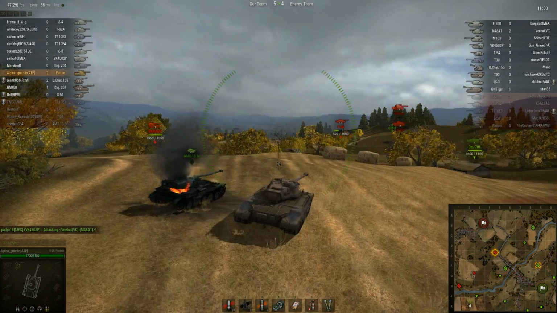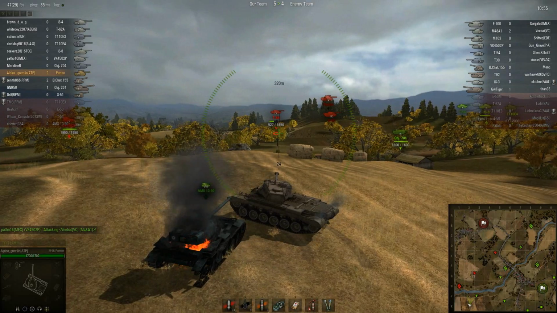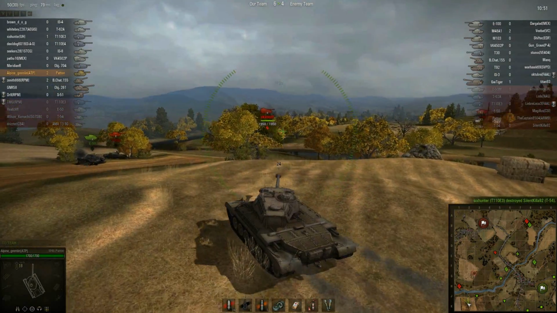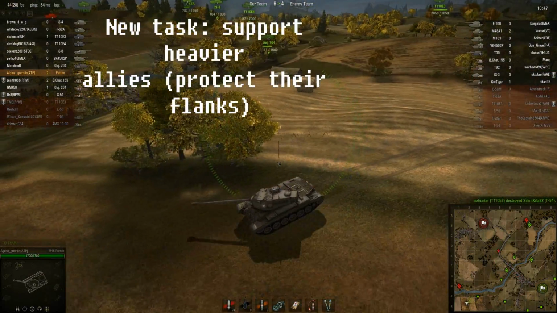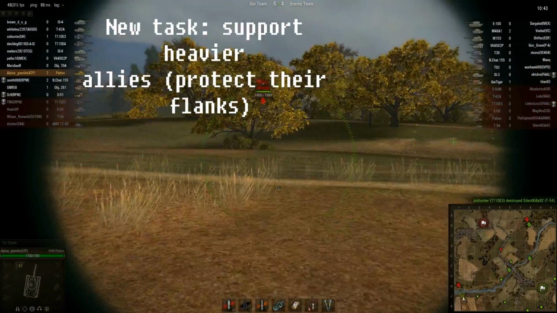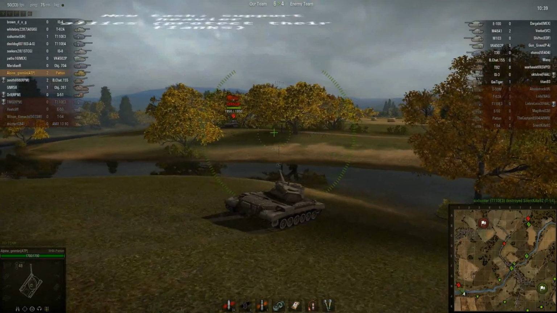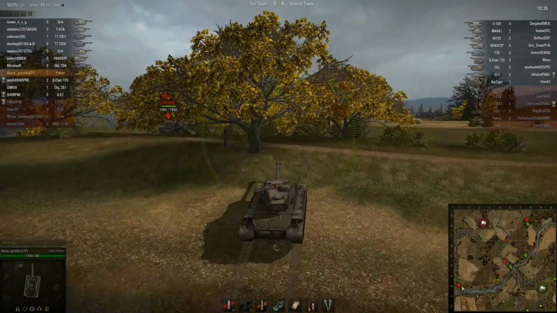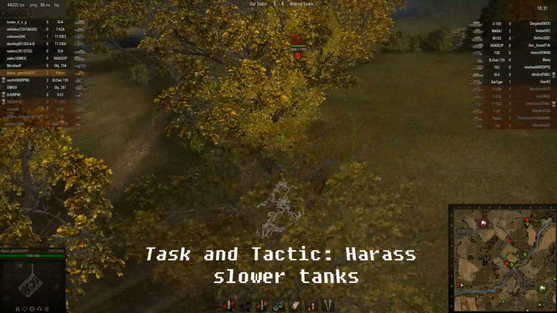I'm going to have to use my reaction here. My role has now changed. You see, he's got that VK has a perfect shot on my Object 704's flank. So my new task is to support the heavier allies by protecting their flanks. In doing this, I can't win a slugfest with this guy. So I'm going to use my medium tank's speed and agility in order to get alongside him and get to his weak points, and also to distract him and harass him while my Object 704 can go ahead and help